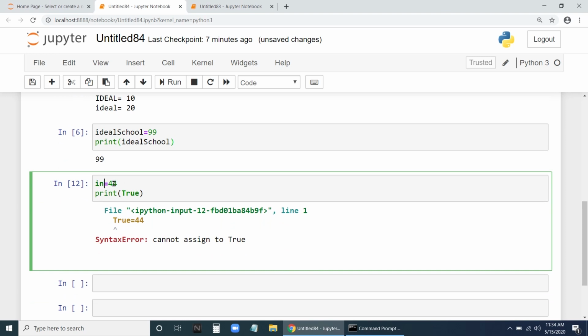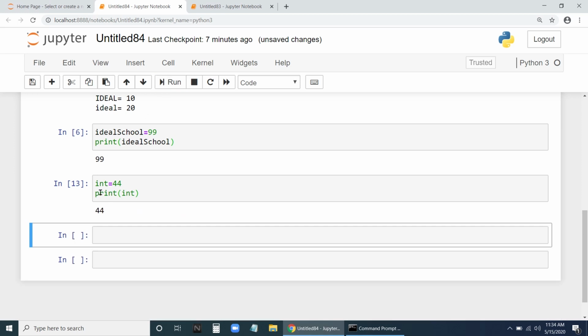Is it possible like int equal to 44 and can I print int? It is okay. Int is not a reserved word. So you can type it and find out whether it's a valid variable name or invalid variable name. Say for example length. Length equal to 20.